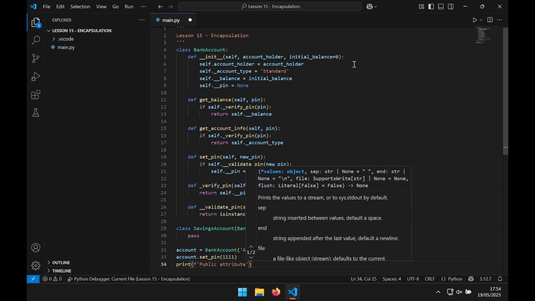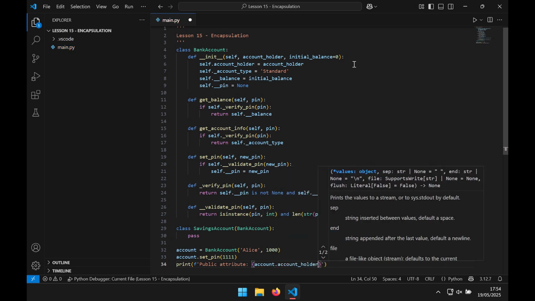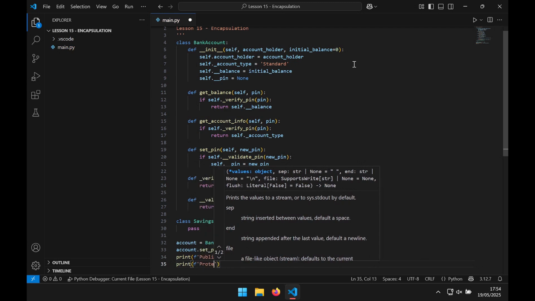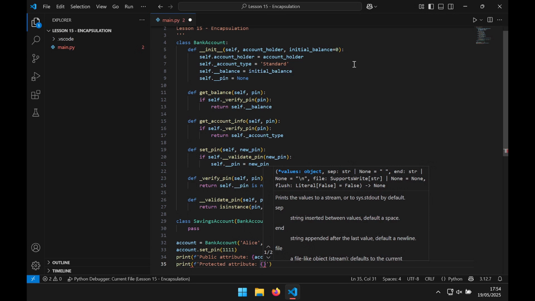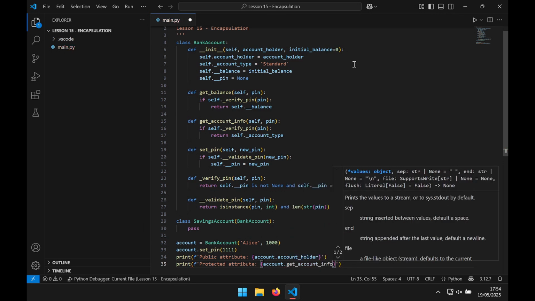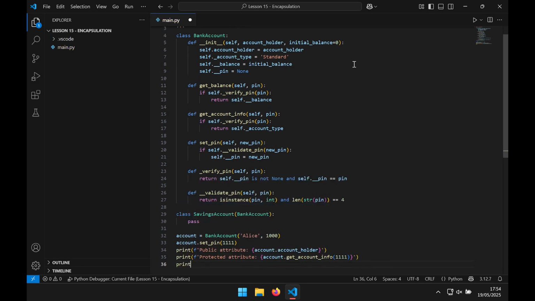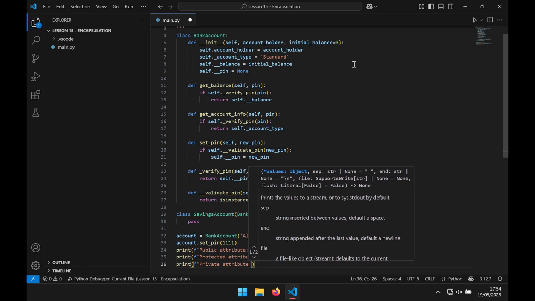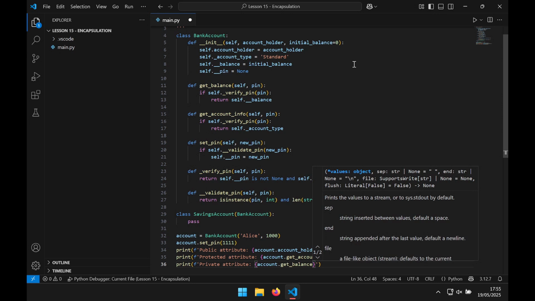attribute: {account.account_holder}") new line print(f"Protected attribute: {account.get_account_info(1111)}") new line print(f"Private attribute: {account.get_balance(1111)}")